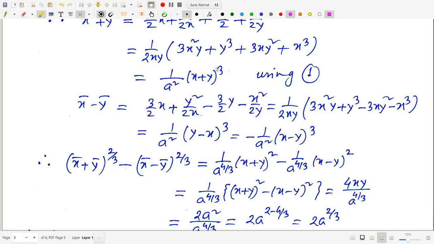It will be (x plus y) to the power 2 by 3, means it will be square, and it will be 4 by 3. Okay, 1 by a to the power 4 by 3, (x plus y) to the power 2, minus here, x bar minus y bar to the power 2 by 3 will give us a to the power 4 by 3, and (x minus y) to the power 3, to make it we raise it to the power 2 by 3, it will be square. Okay,